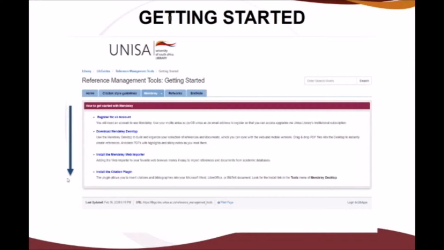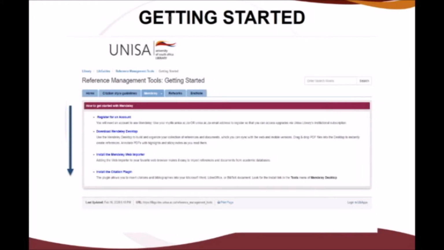So if you have this web importer, you can just open the web importer, and then you click on your item that is on Google Scholar, it will automatically go into your web importer and it appears on your bibliographic tool. So that has to happen, because otherwise you won't be able to use Google Scholar and determine that these are the things that I have on Google Scholar, and then I have to import them to my